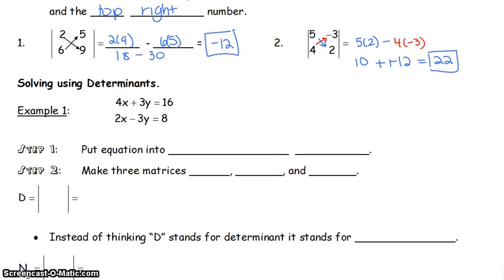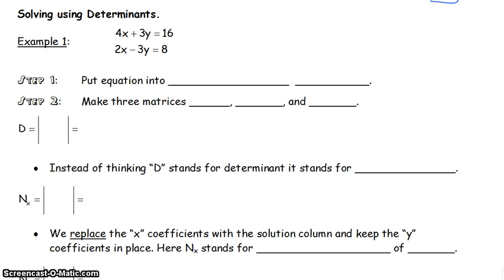Alright, so now how to use these determinants in order to solve a system. Well, first, your system must be set up in standard form. And standard form is the form that we use for elimination. And again, you want to make sure that your x's are lined up, your y's are lined up, and your numbers are lined up on the right-hand side. Then what we're going to do is we're going to make 3 matrices. Those 3 matrices are going to be the D matrix, the n sub x, and the n sub y. In just a few minutes, it's going to make sense why we have these letters and why we're using these